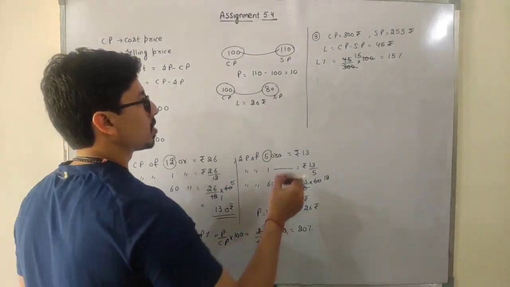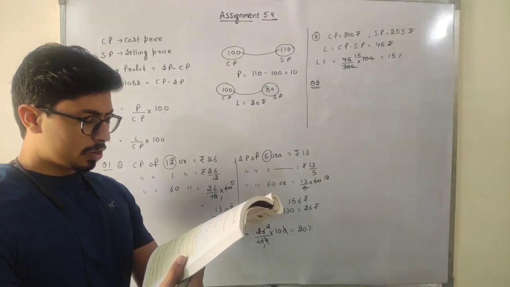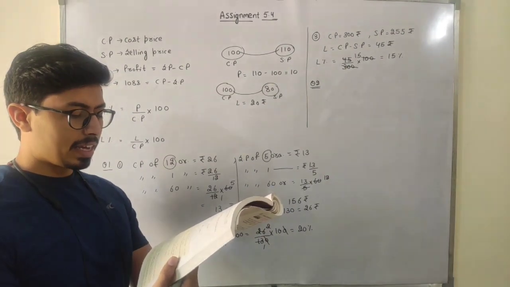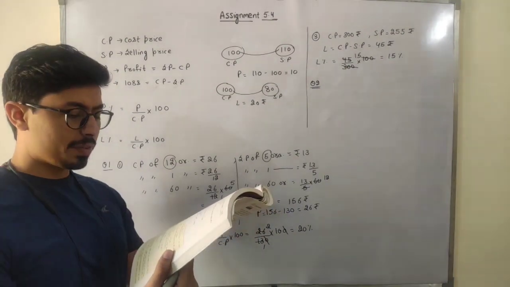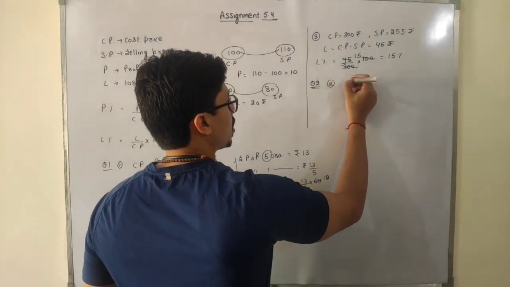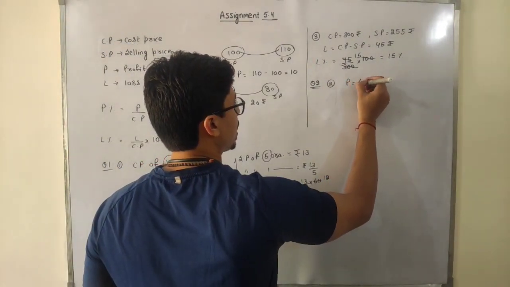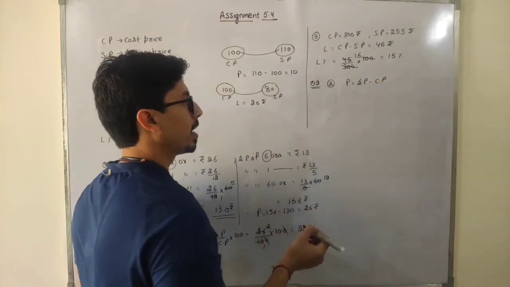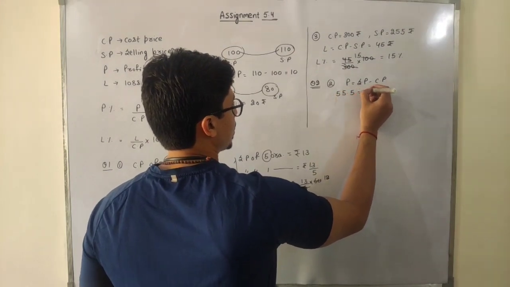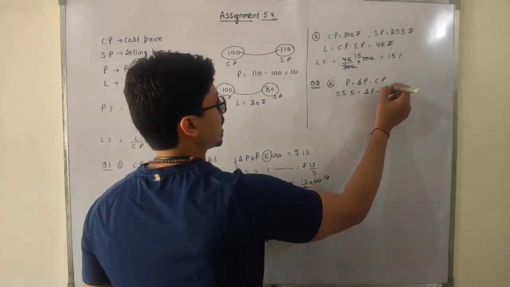Now see, students, question number 2. In question number 2, it has 4 parts, out of which I will discuss some. If we see part number 2, CP is given, profit is given, SP we have to find out. So it is easy. Profit is given to us, but we know the formula of profit. Profit is equal to selling price minus cost price. So profit is 55.5. Selling price is not given to us. The cost price is 720.